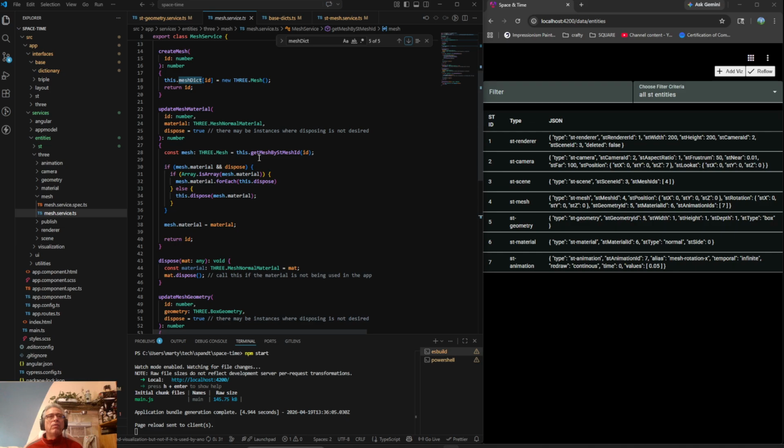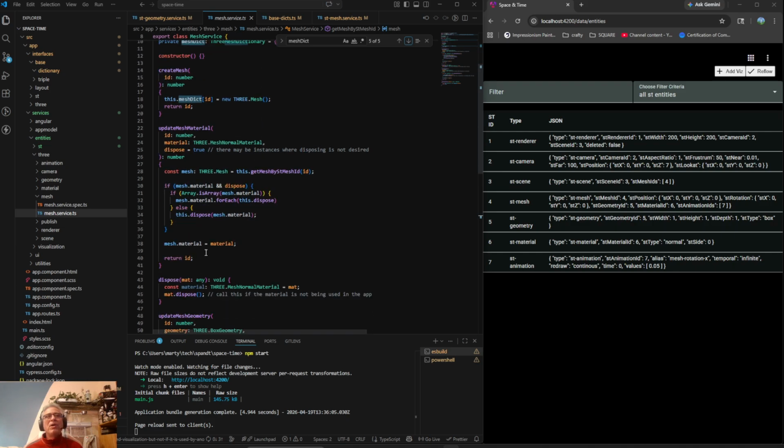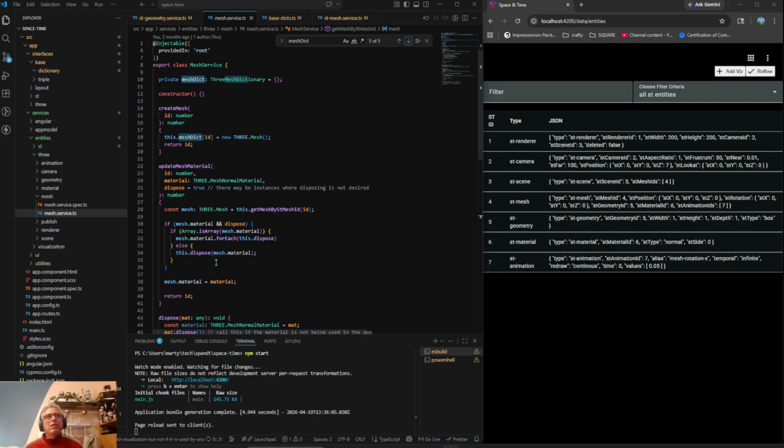We need to be able to remove our meshes. So when we delete, we may not need to, oh, this is to dispose my material, but when we delete this mesh I don't think we'll need to dispose of it. Maybe we will, I don't know, maybe we should. I don't think it ever hurts to dispose of something, but when we delete this, another architectural decision is, when I go to delete something in this mesh dictionary, I probably don't want to